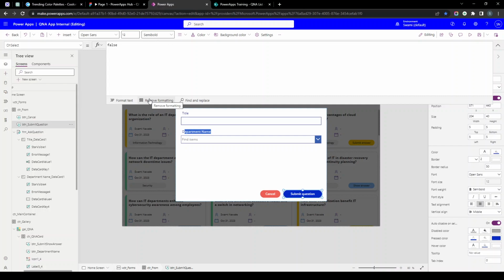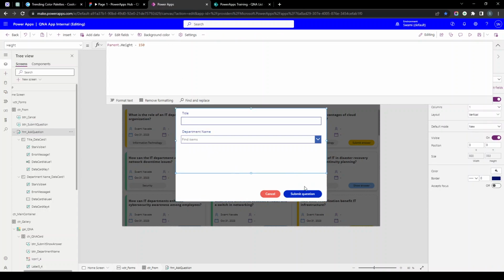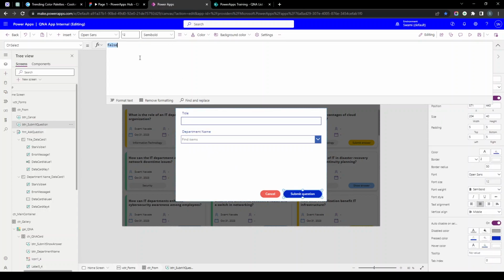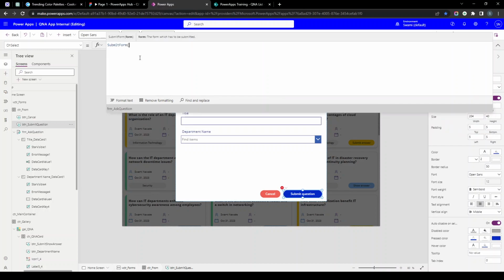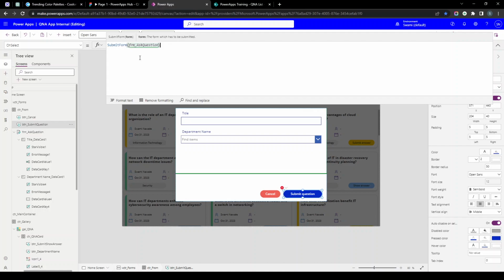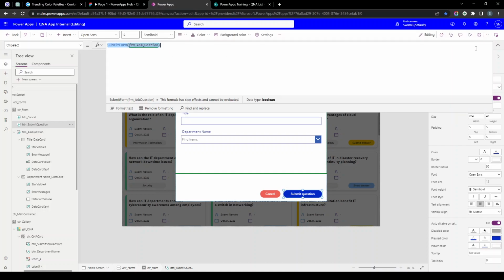The one is Submitform and another one is patch. So in patch, we have to manually write every column name and every control name there. But in Submitform, we just have one single function that says Submitform, and we have to put the form name here. So this is the simple